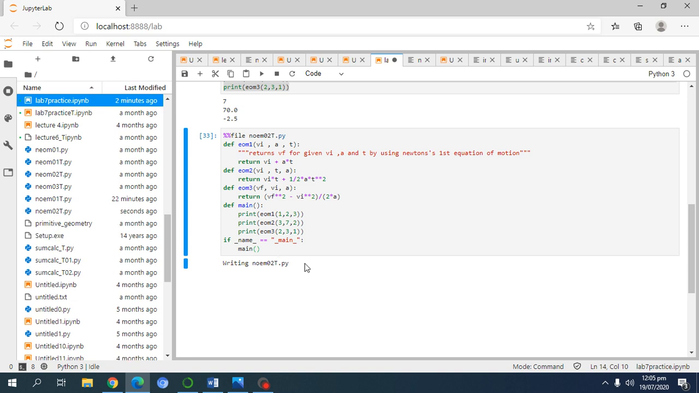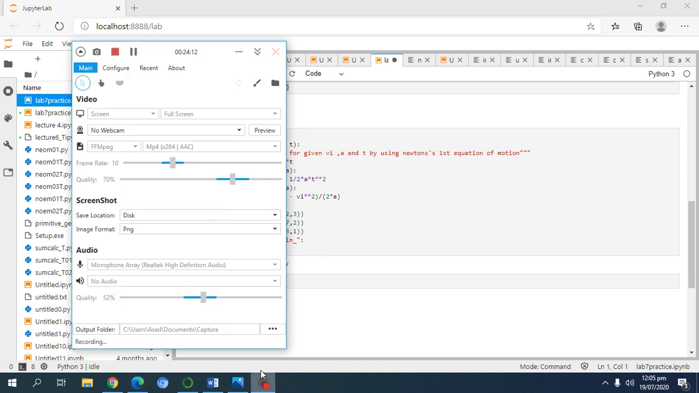I will now run this as a Python script. Here I want to add a new cell and